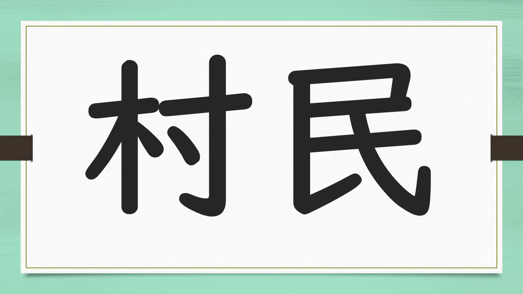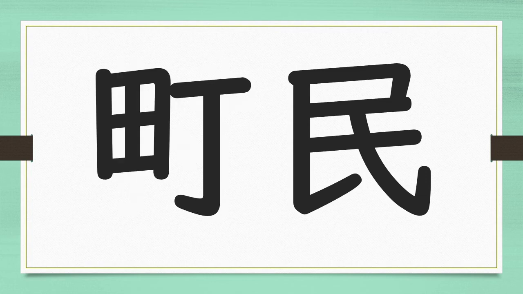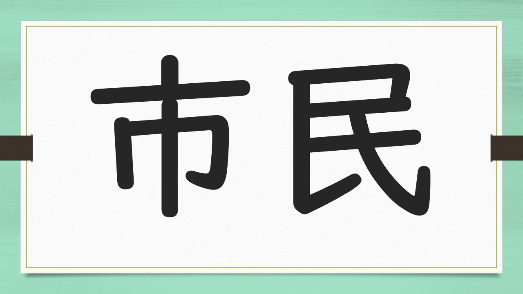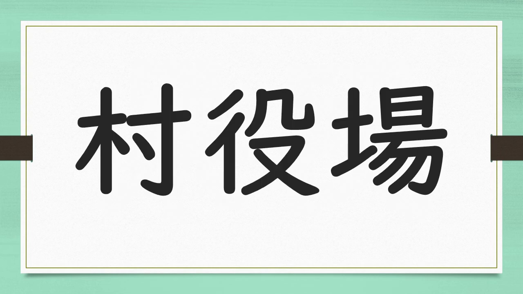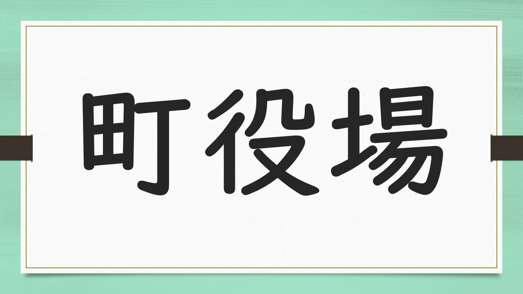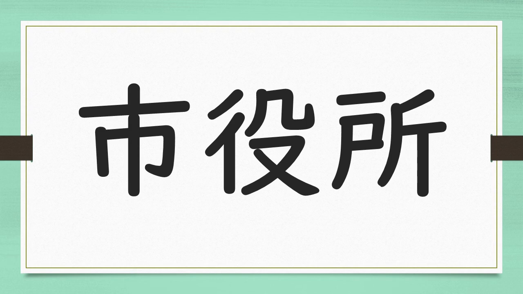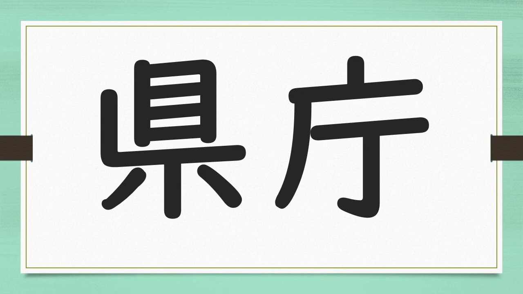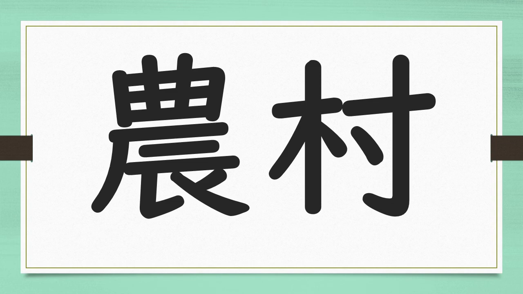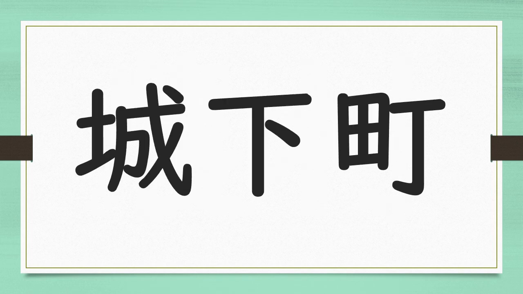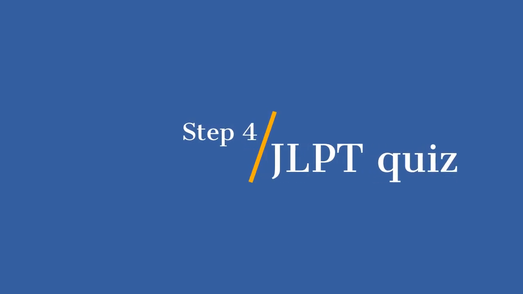People live in a village, 村民。People live in the town, 町民。People live in the city, 市民。The people live in that prefecture, 県民。Village hall, 村役場。Town hall, 町役場。City hall, 市役所。Prefecture office, 県庁。Morning market, 朝市。Agricultural community, 農村。Castle town, 城下町。